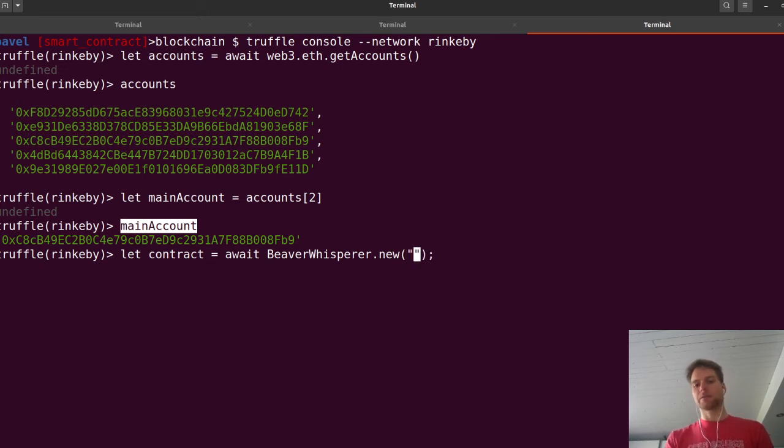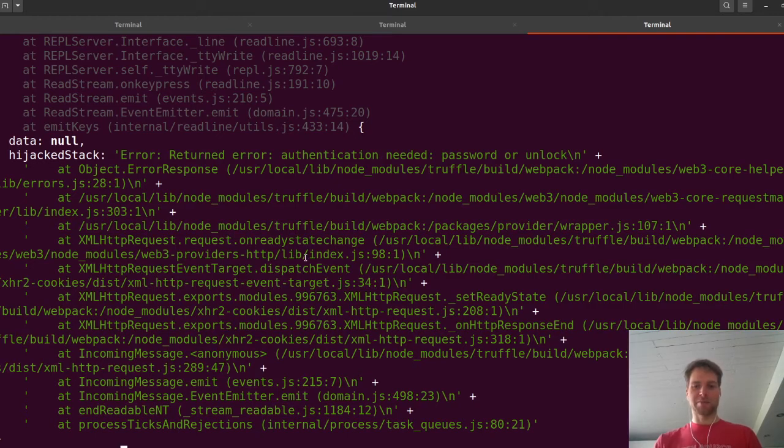And as we failed last time, we need to specify the initial text in there. That sounds all good. Then, as we said before, we need to use one of the accounts that has money in it. So we're going to use mainAccount. That looks good. So now we're going to run this, and it's going to fail horribly because